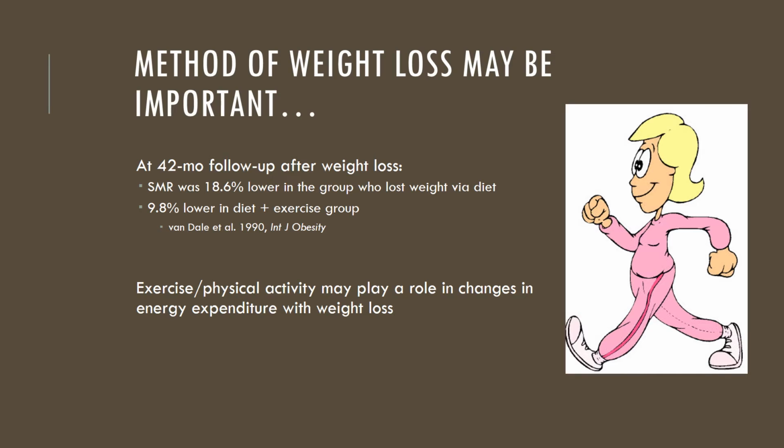And the sleeping metabolic rate dropped by 18.6% in the group who lost weight by dieting, and it dropped 9.8% in the group who lost weight by dieting and exercising. So this suggests that maybe exercise can prevent that drop in metabolic rate or make it a little bit less than just dieting. And the way it would do this is by preserving muscle mass or building muscle mass, because